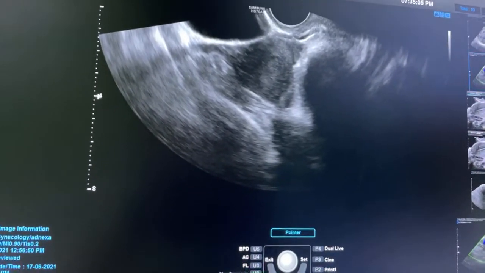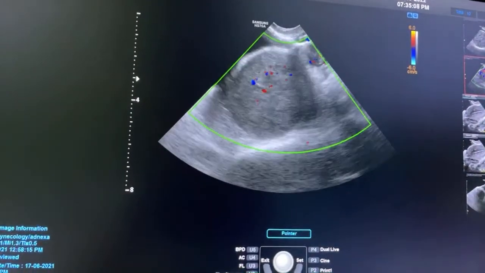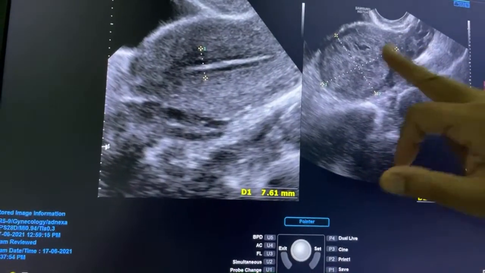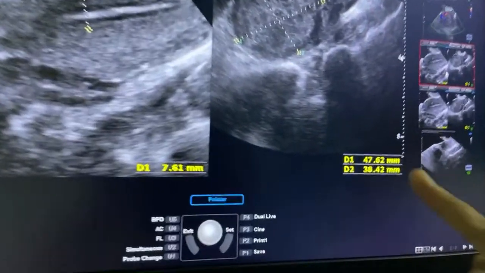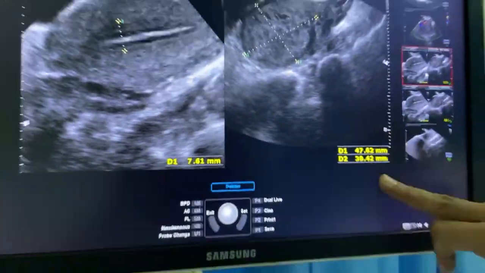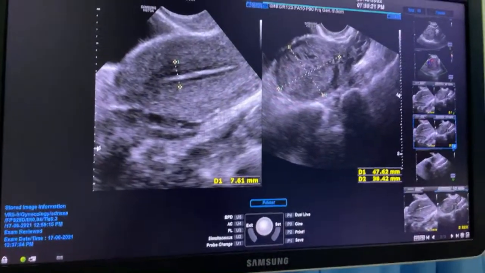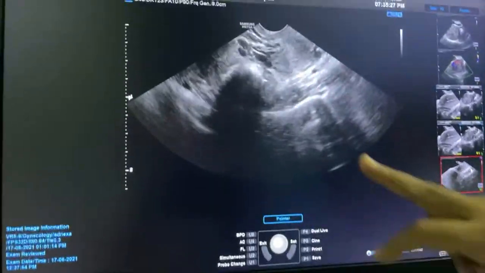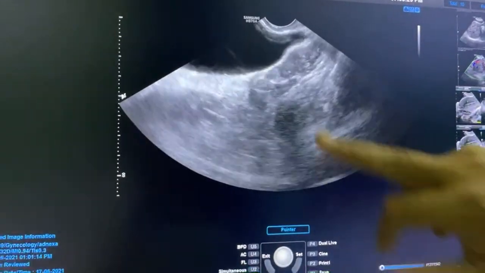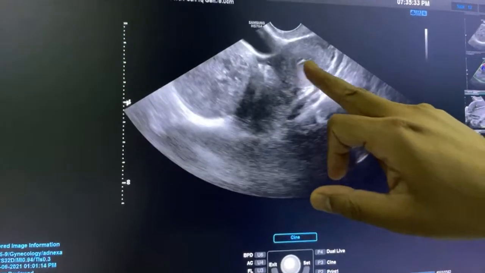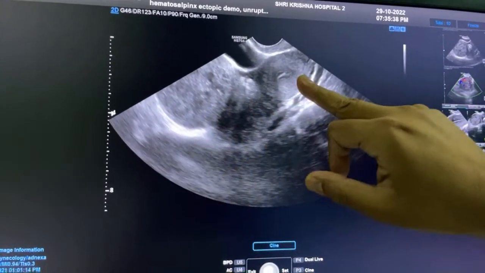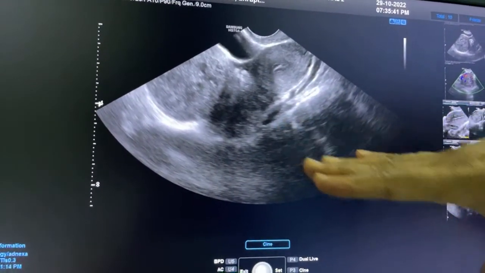Now let me show you again, you can apply the color again, but I keep on repeating, color is of not much value, so do not give it much importance. I am now measuring, simple, what is the ET? 7.6. So remember the rule, ET will be less than 11 mm. I am measuring the mass. See this again, why I am seeing the fundus and the tubal mass in one line, because my probe is transverse. Just remember, keep on applying all these rules.